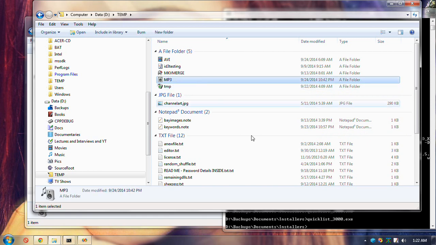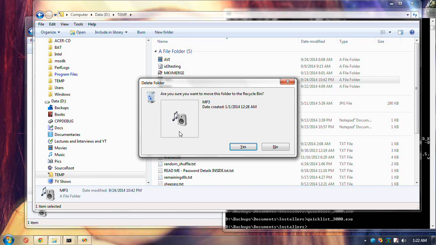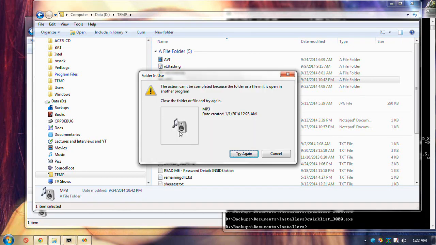So the current directory of this program should now be this directory here. And if I try to delete this directory, I should get an error. See?